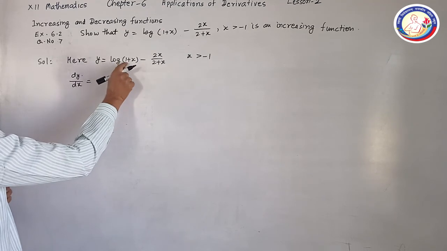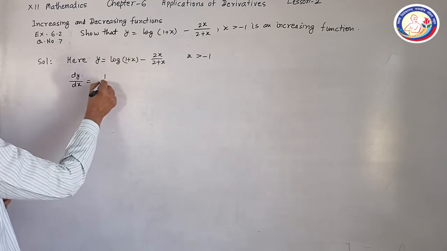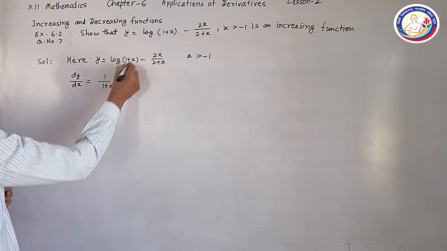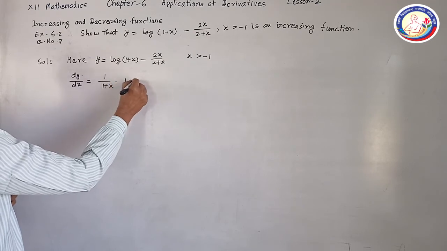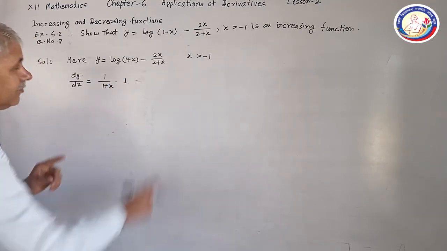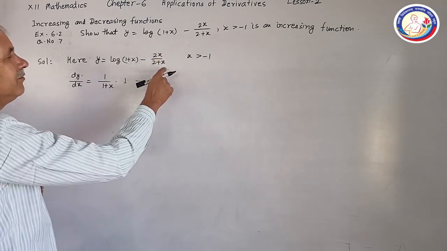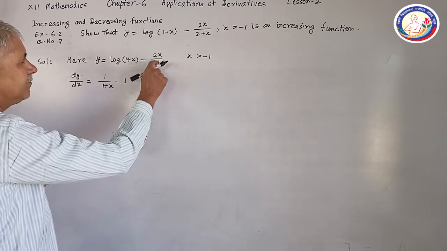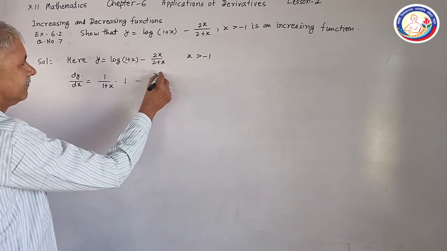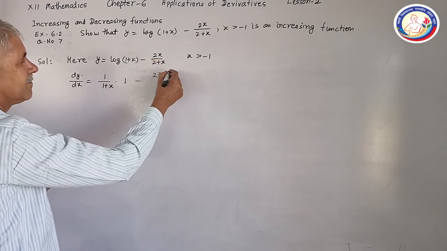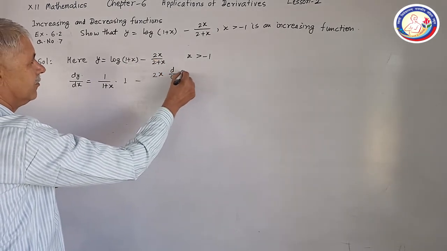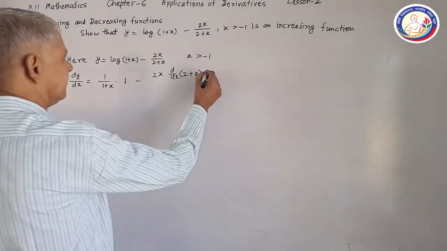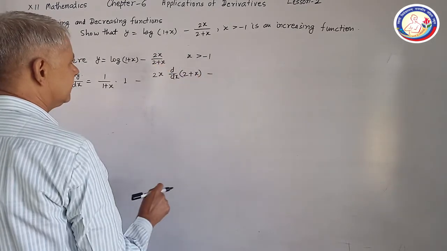Now first of all, the derivative of the logarithm function is 1 upon 1 + x. Then again the derivative of 1 + x will be 1 only. Minus, we will use the quotient rule here. Here in the numerator we have 2x and in the denominator 2 + x. So keep the first as it is, into the derivative of the second function, the denominator 2 + x, minus,